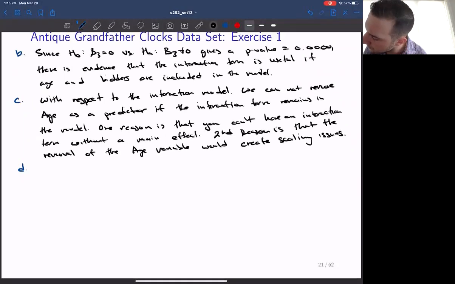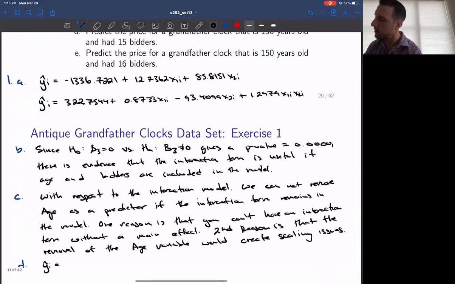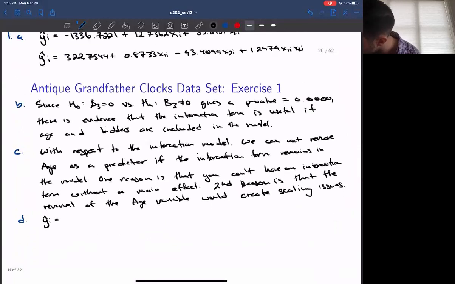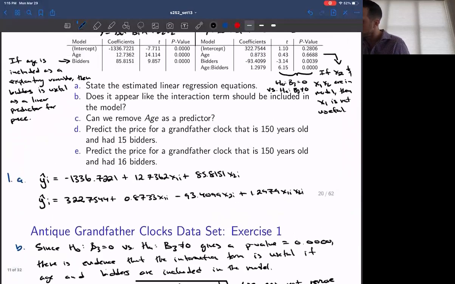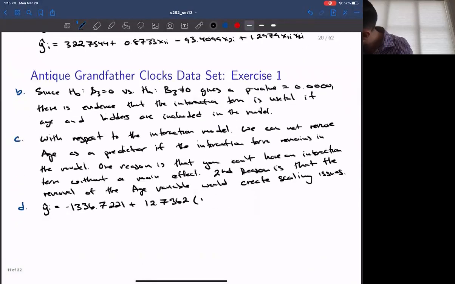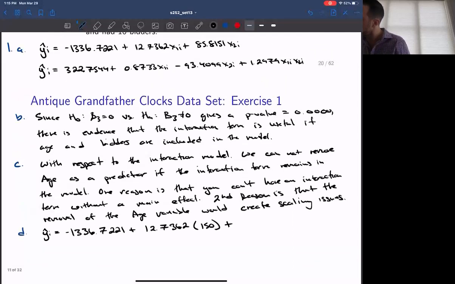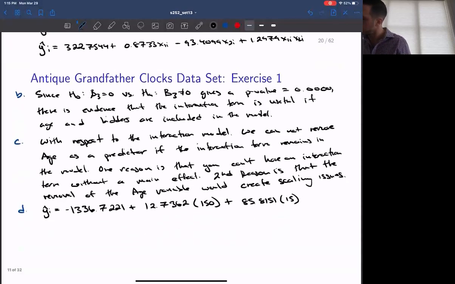So we have yi hat equals negative 1,336.7221 plus 12.7362 times 150 plus 85.8151 times 15. And that's going to be equal to